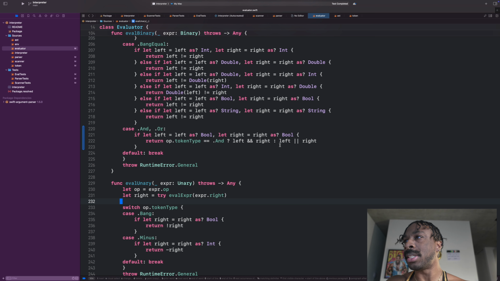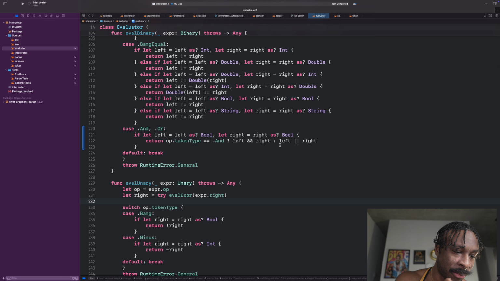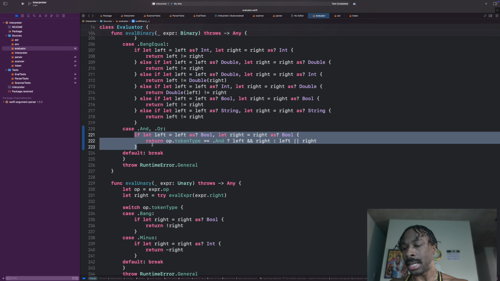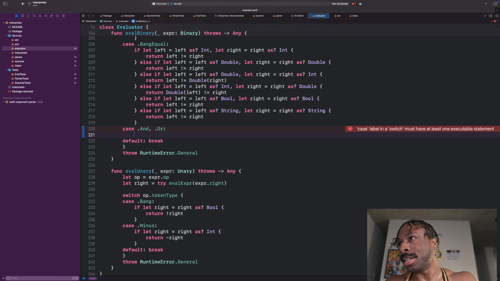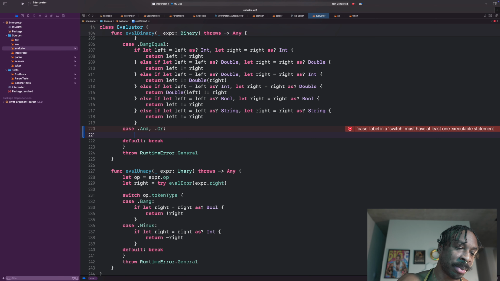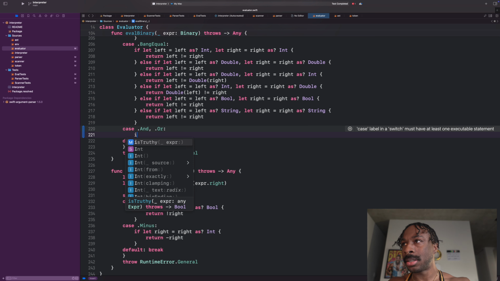So basically we want to say, let's delete all this. What short circuiting does is if the first part evaluates to something that will always make the expression true or false, then we don't want to evaluate the second part. So the way I implemented it will work in most cases, but not how people expect. So we actually want to do